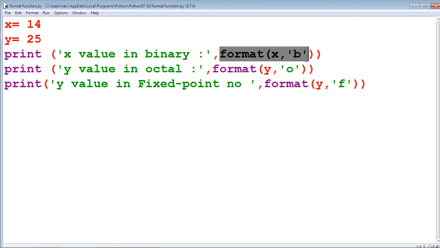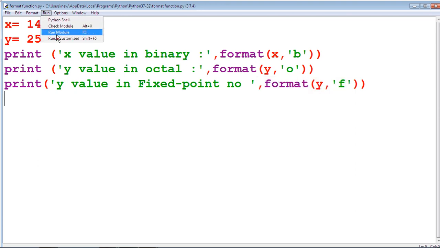This function returns the binary value, the parameter is b, so it converts the decimal value into the binary value. This one returns the octal value of y. This one returns the floating point value of y.